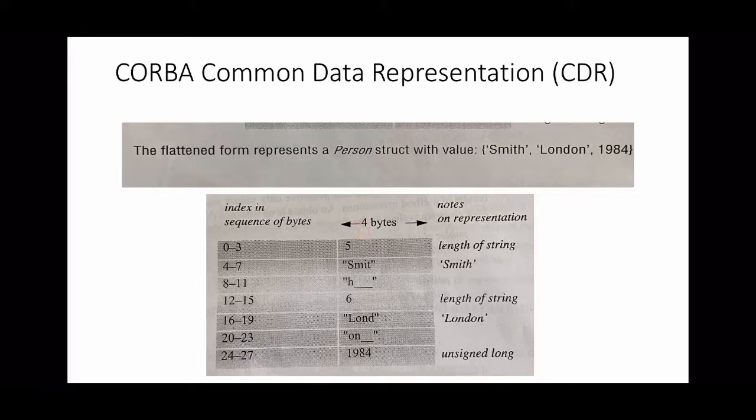Okay. So the representation of each string has two fields. One is the length of the string, which is an unsigned long, and the second is the sequence of characters written in order. So here we have the string length 5 for Smith, which is the string we have to represent. 5 is the length, then the characters. For simplicity, we assume that each character occupies 1 byte. So the first 4 characters will be occupied in the second row, and the remaining character, that is H, will be occupied in the next row.